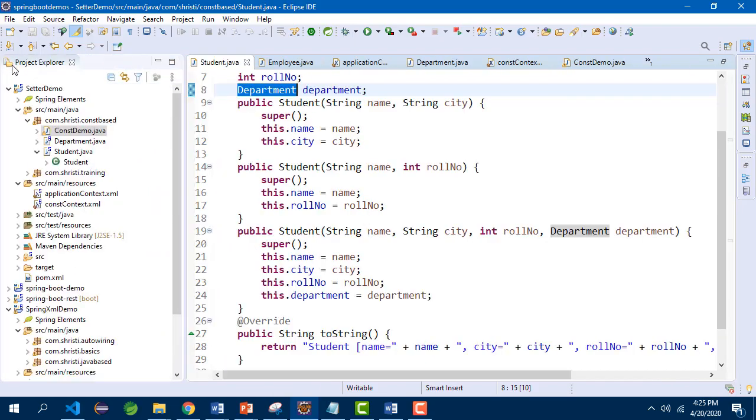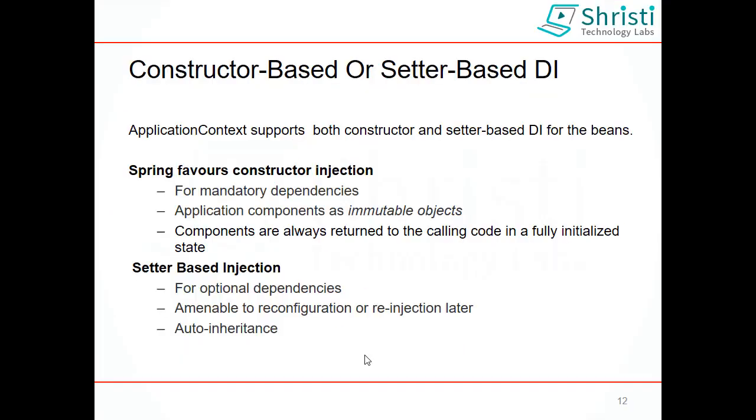Usually in case of the Spring framework, there is always a choice whether to select setter based dependency injection or constructor based dependency injection. How will you decide whether to use setter based or constructor based? Have a look. Use constructor based dependency injection whenever you want to add mandatory dependencies.